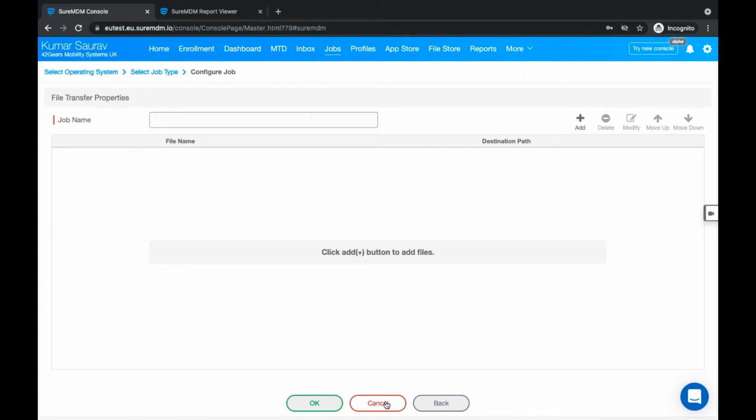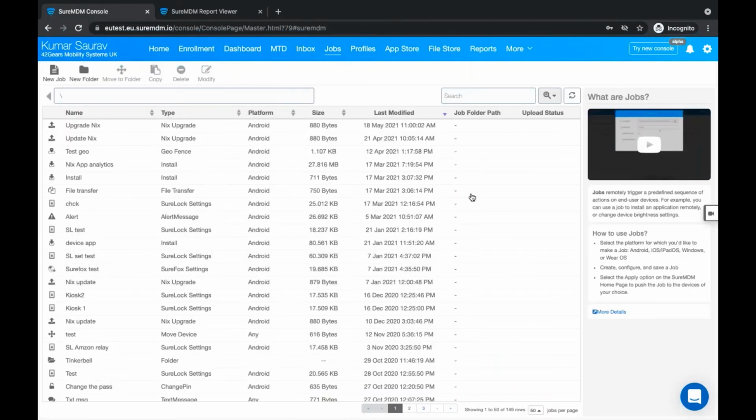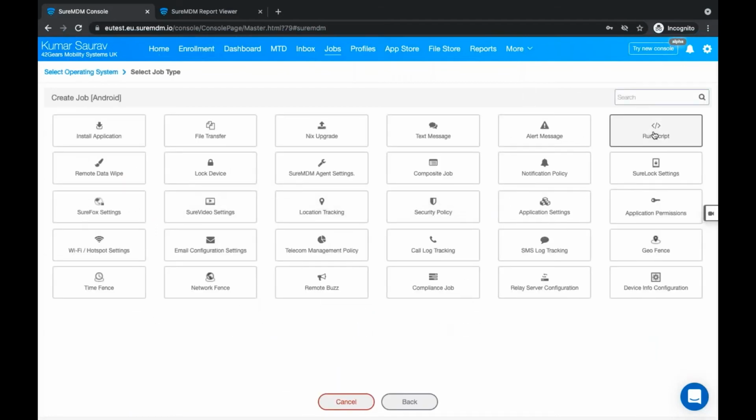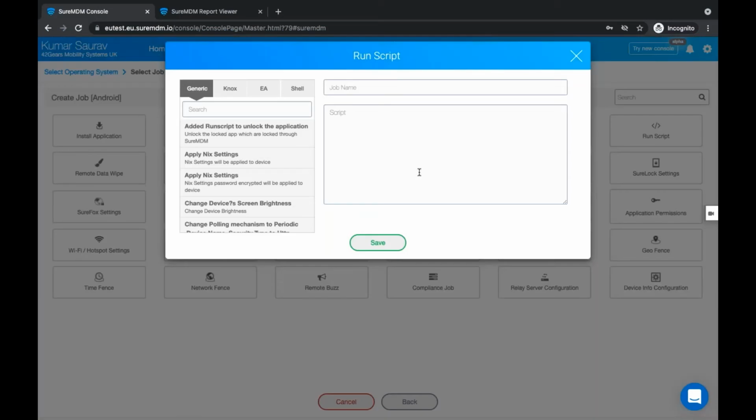Once the file has been pushed onto the device, we will have to create a run script to start the broadcast receiver on the device side. The run script can be copied and pasted in the run script section so that you can start the broadcast receiver on the device side. You may give the name of this particular job and save it. The third thing again will be a run script job to upgrade the Datalogic firmware. The script again can be copied and pasted in the run script section, after which you can give the job